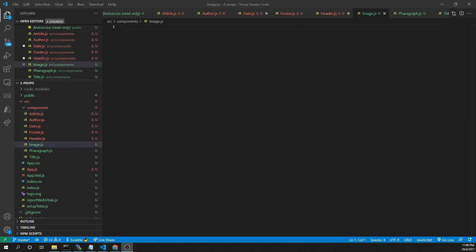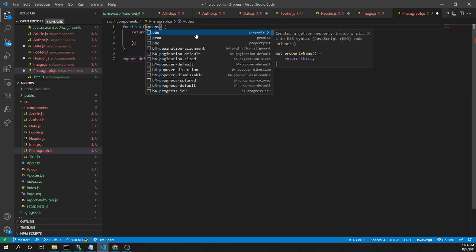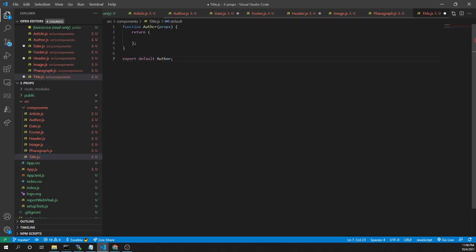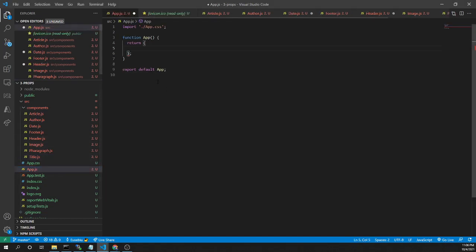Here I have the image. Here I have the paragraph. And here I have the title component. Okay. And now in our app component, let's create something like this.